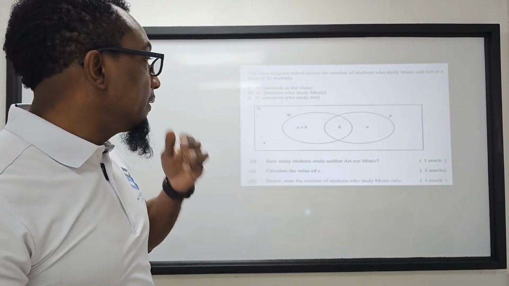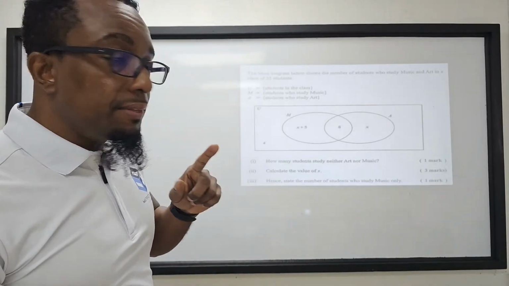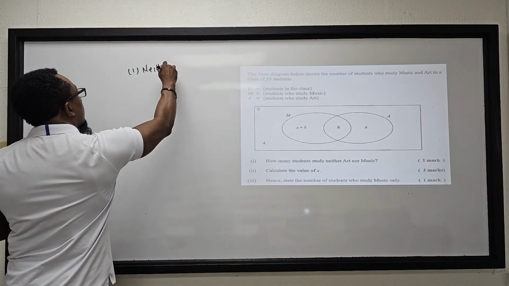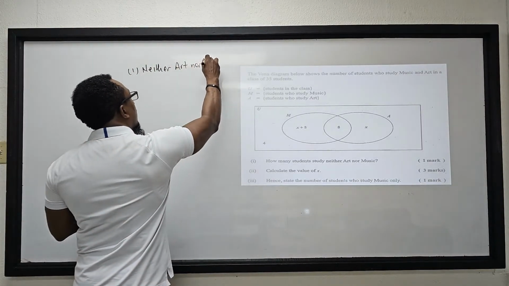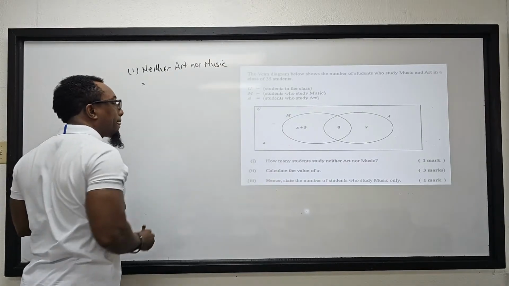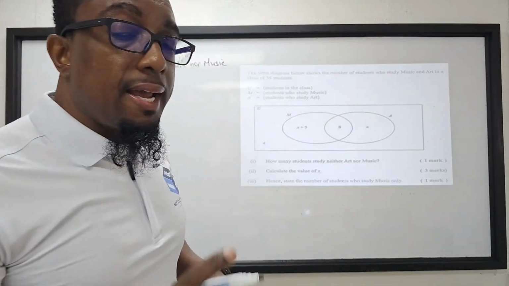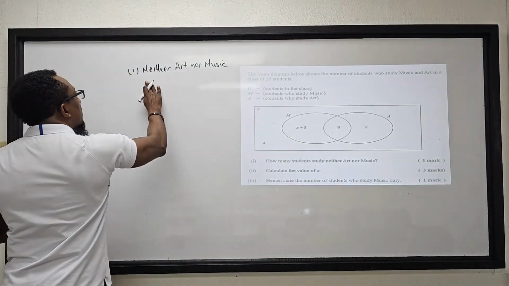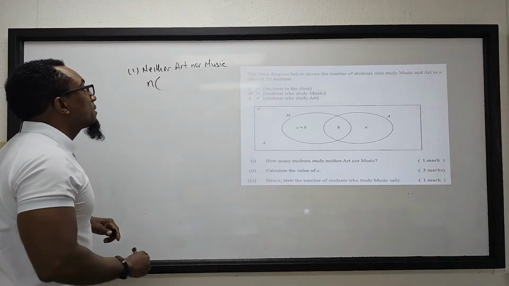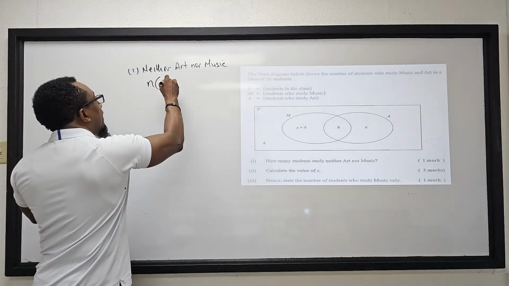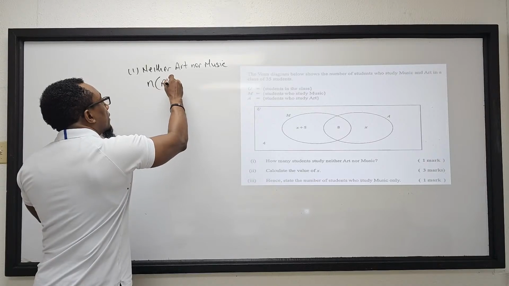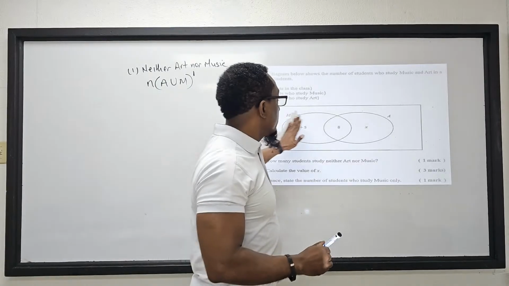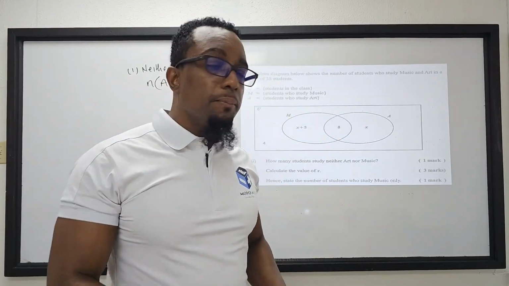So this is pretty straightforward. So the number of students who study neither, and I'm going to write it in terms of set notation so you can get familiar. So neither art nor music will be A representing art, union M representing music, and we have the complement, because remember this entire region represents students who study